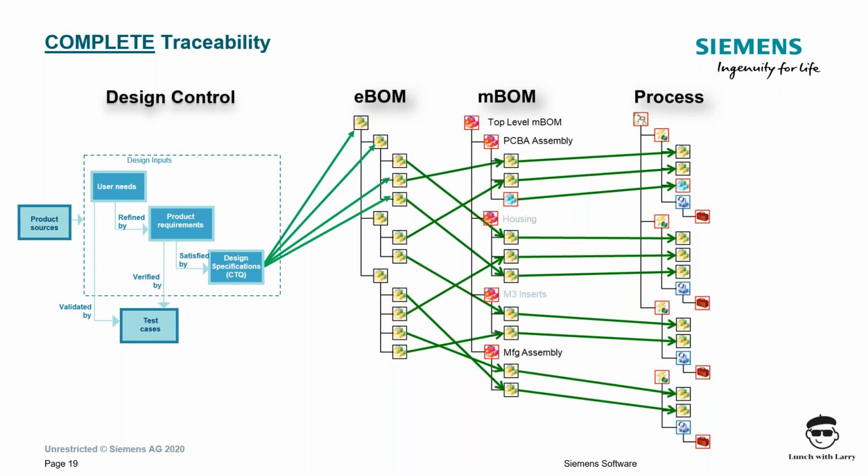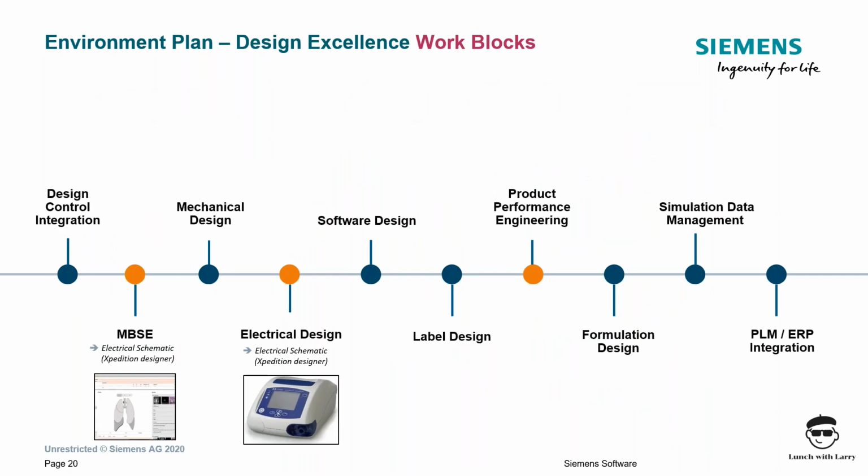So with that being said, we're getting pretty close to the end of the half an hour, and what I'm going to do is just talk a little bit about the next sessions. We break our design excellence into what we call solutions. And our next 3 sessions are going to be related to the orange dots here. The next one is going to be a discussion about model-based systems engineering, and we're going to use a SysML style model to break down this ventilator and get a good understanding of how to drive our systems engineering. The next one after that is going to be product performance engineering, and we're going to talk about how to